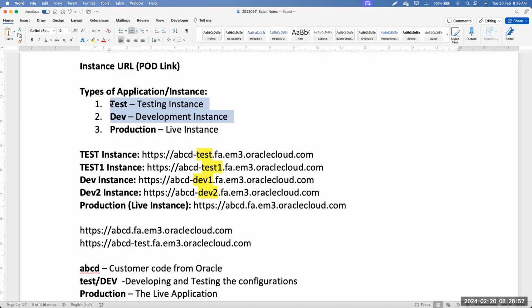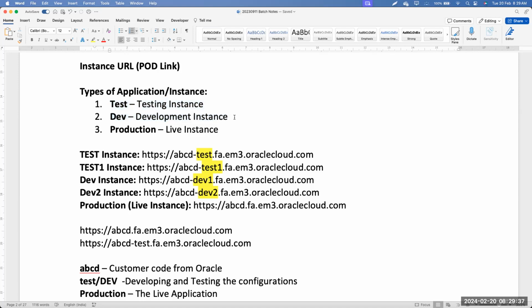What if you give your response like this: we first enable the new functionalities in our staging instance, and then once we do our testing and our UAT in the staging instance, and once we get our UAT sign off, then we migrate the solution from the staging instance to the production instance. When you give this kind of response to your interviewers, the interviewer will gain confidence that you know what you're talking about. So these terminologies are very crucial, especially for people who are trying to get into Fusion applications.